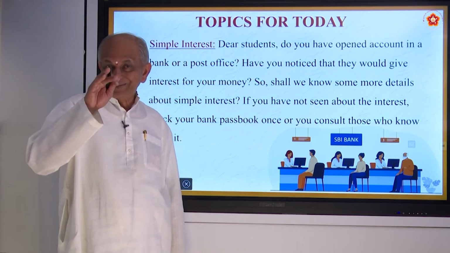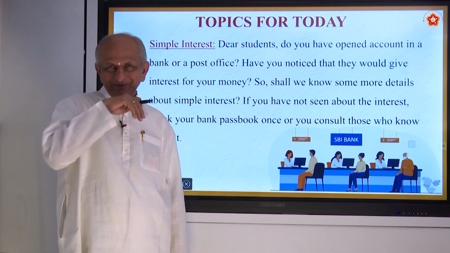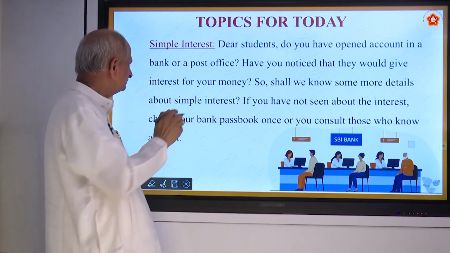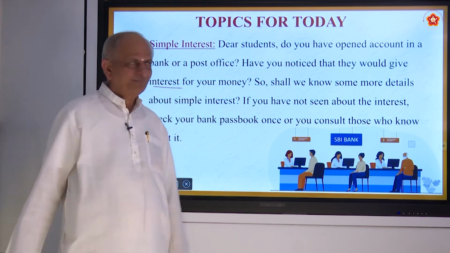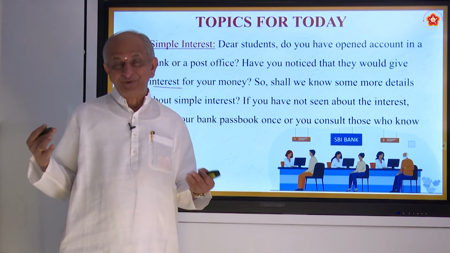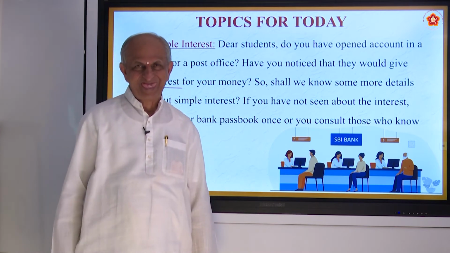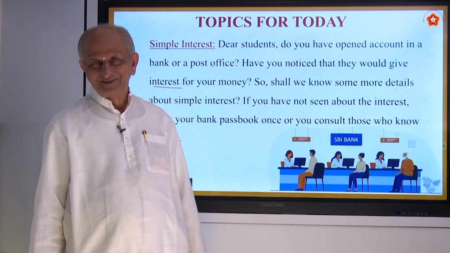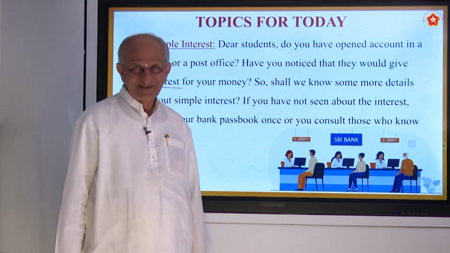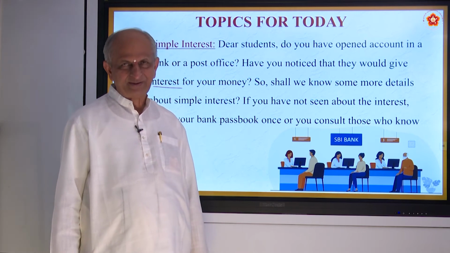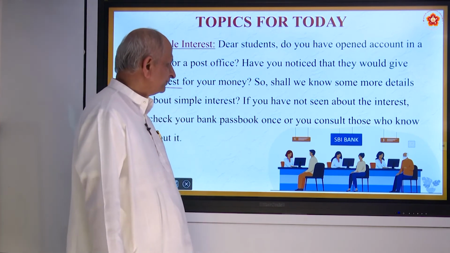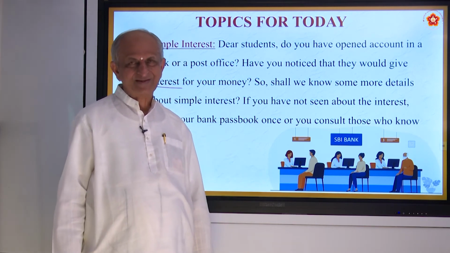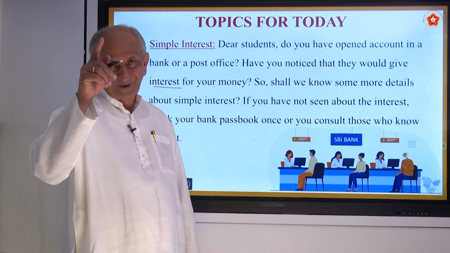And one interesting point you must note: when you open an account in a bank or a post office, they give interest. Then you may think, how do they get money if they go on giving interest to the people? Have you thought about it? Of course, not much. Maximum is 3% they give. If you make an FD, it will be 7%, 6.5 or 7. How do they get money? They go on giving interest to the people who invested. They will get more money